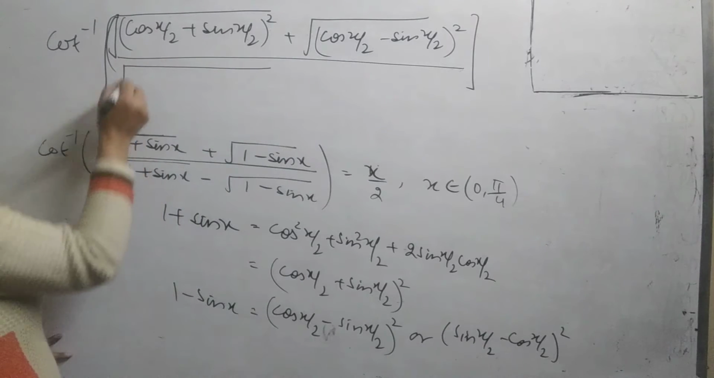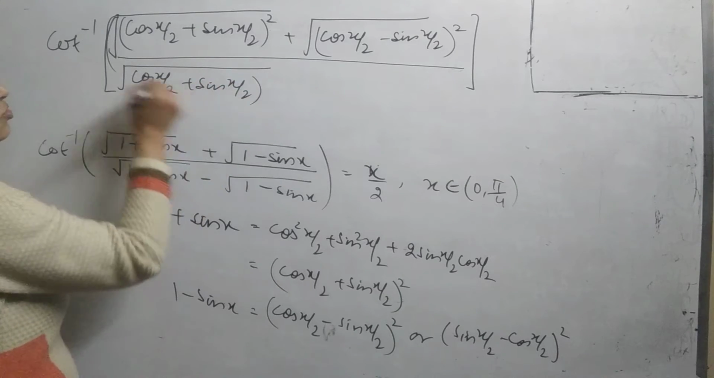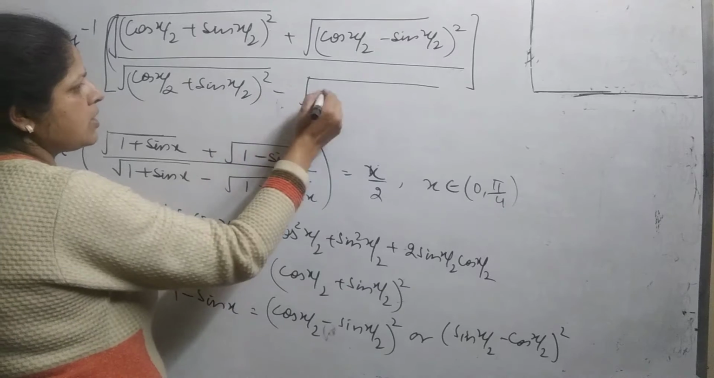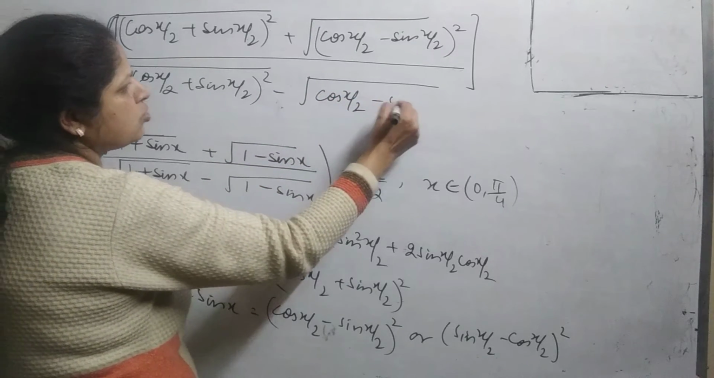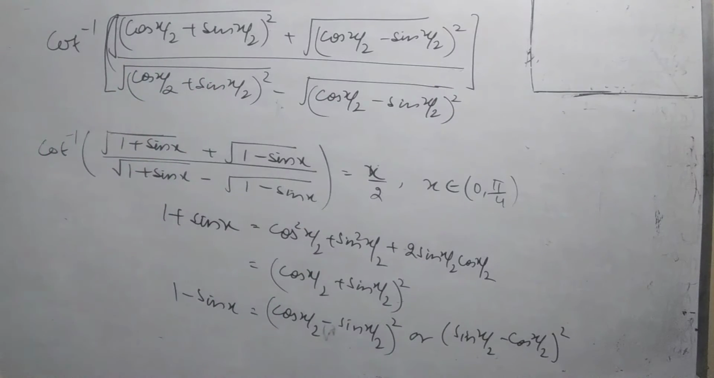I will write 1 plus sin x as cos x by 2 plus sin x by 2 whole square. And here, in between is the negative sign, I wrote cos x by 2 minus sin x by 2 whole square under root. Now see,